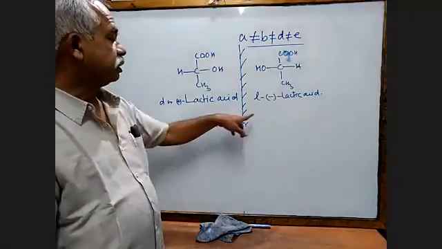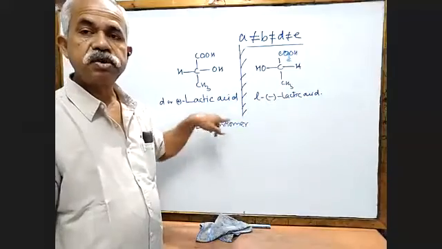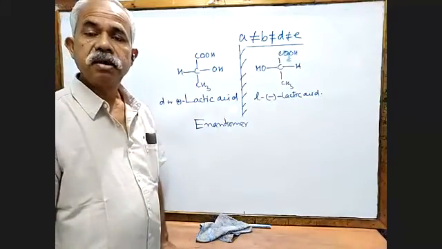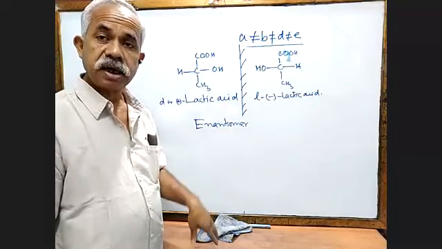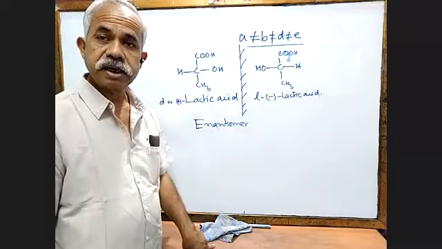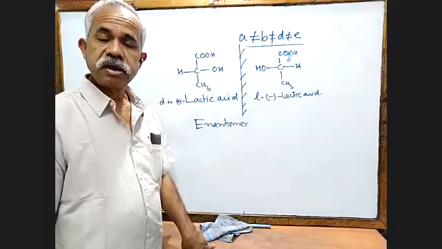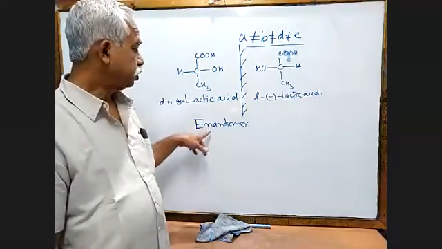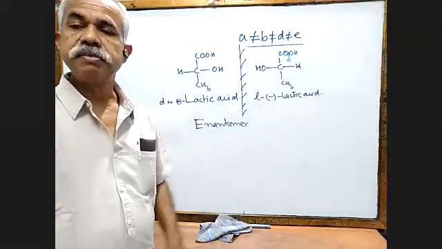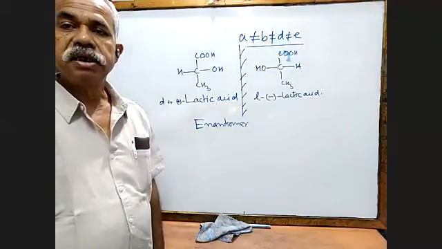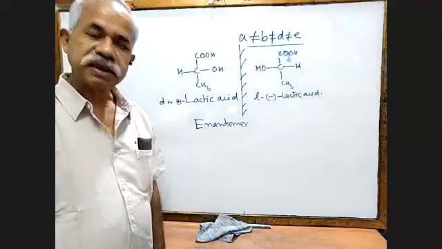So what is the definition of enantiomer? They are enantiomers of the same compound. You cannot be an enantiomer of another compound. Just like twins, you can have them from the same mother; you cannot have twins from two different mothers. Enantiomers are the optical isomers which are not superimposable, but they are the mirror images of each other.